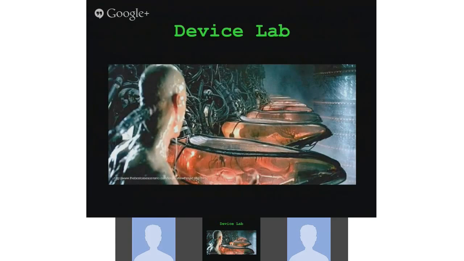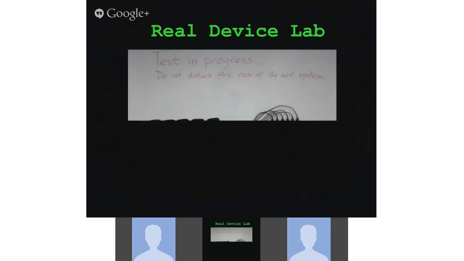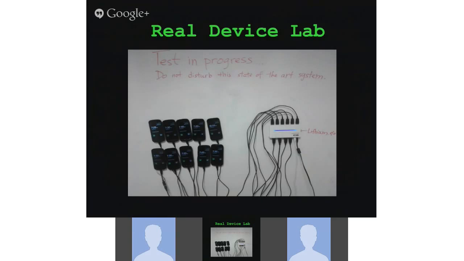So I'll show you the actual real lab, which I encountered about a couple of years ago. So here you see a bunch of Nexus S phones. They're actually glued to the wall with Velcro. And they use USB cables to connect to the USB hub, which is in turn connected to a desktop workstation. So this was great. It actually ran tests. It was actually mesmerizing. Sometimes I encounter people sitting there for hours looking at tests running.